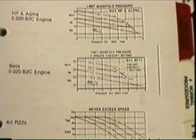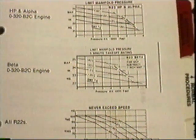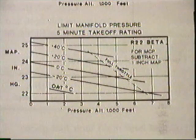Alright, so I've opened up the flight manual and we're now looking at our performance section. You can see it is given to us in pressure height and temperature. So you go along to the pressure height that we're at for the day, 760 I think it was. We go up to the temperature, which is 35 degrees, and according to the Robinson helicopter figures for an R22